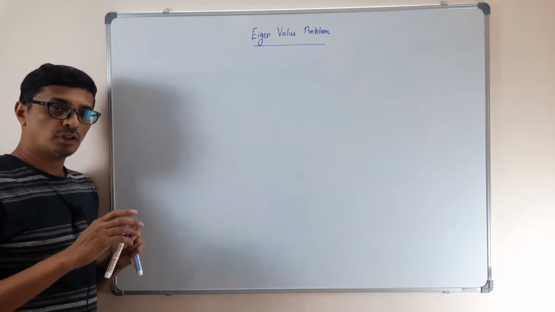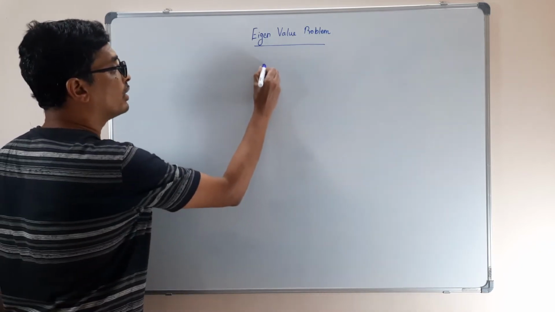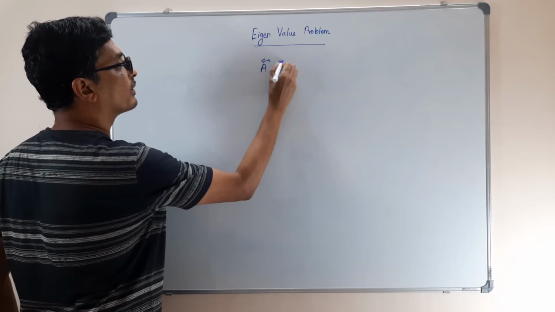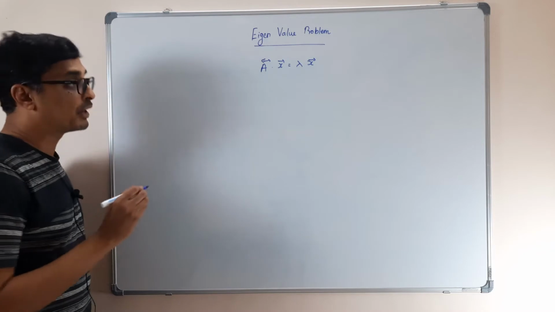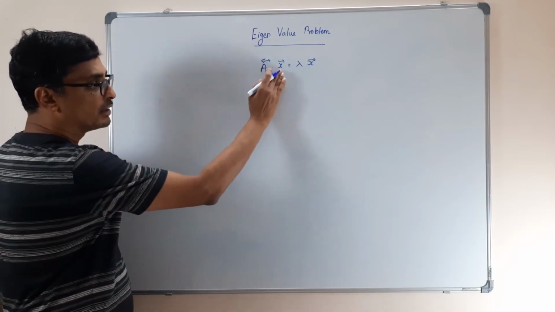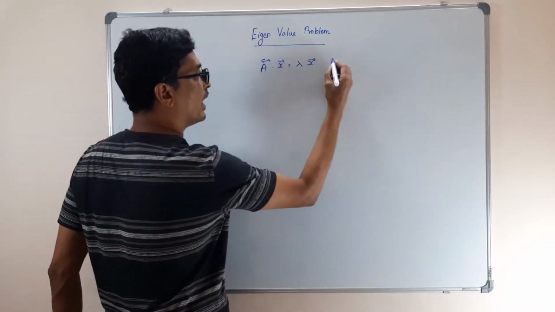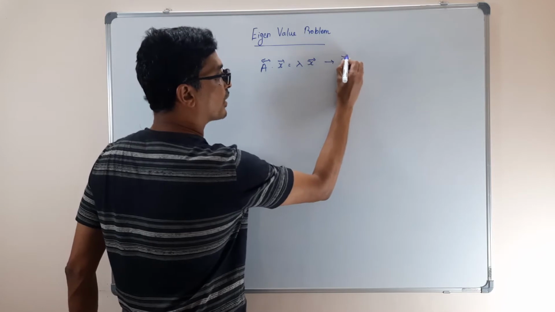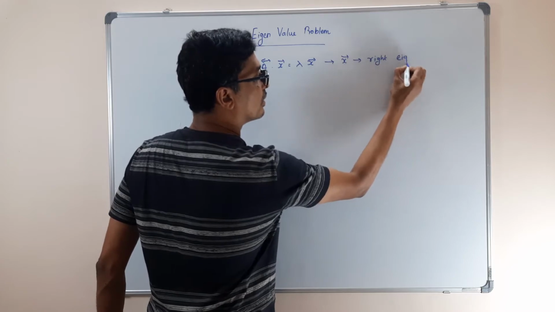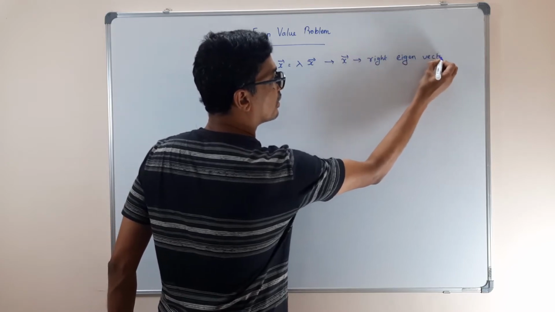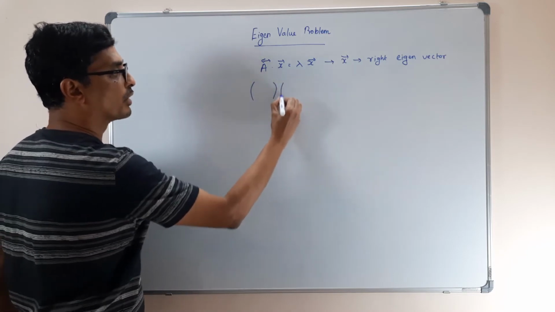Till now, the eigenvalue problem that we saw is something like A dot X equal to lambda, that is the eigenvalue, times X. Now this particular problem, where you multiply the vector from the right, this X vector is called your right eigenvector. In the matrix form, this will be a square matrix and this will be a column matrix, and we